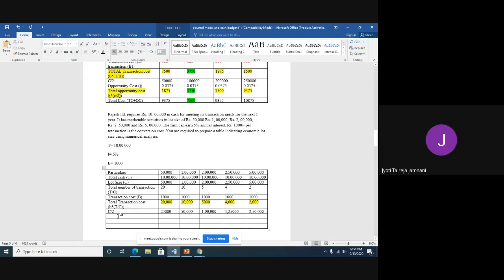Now we'll take the I value. So now I is 5% and we're taking full 5%. Can anybody tell me why full 5%? Why I'm not converting it to 3 months, 6 months, 9 months? Because it is for the whole year, ma'am. Because it is annual interest, ma'am. But the cash requirement is for how long? For next 1 year. So you require cash for full 1 year. So you're taking full annual interest.